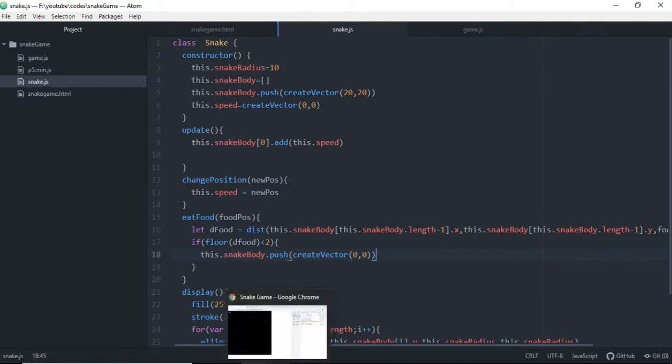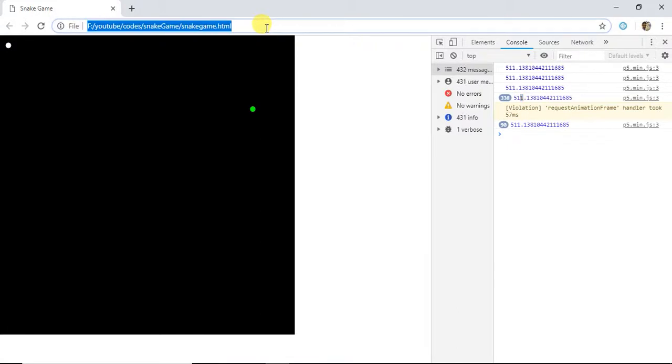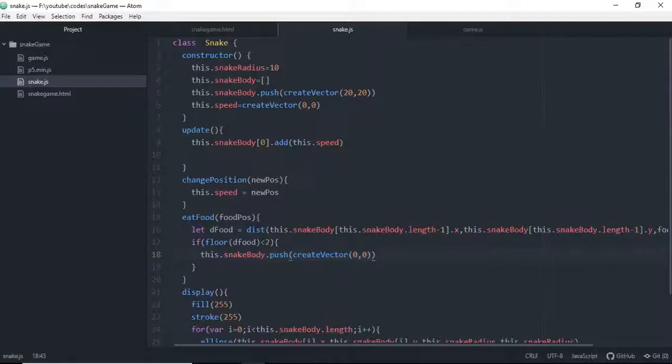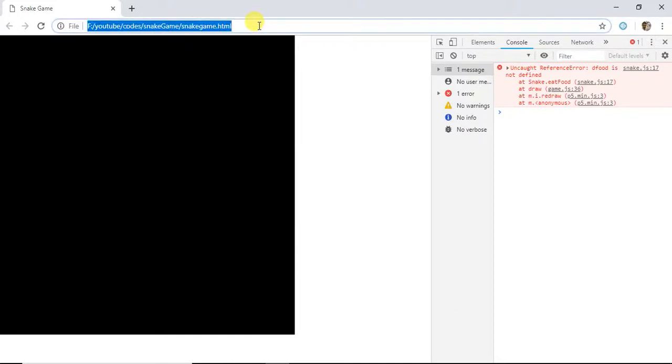Now when it eat the food, new things will be made. The food is not defined. Sorry for this. The food. If it add, it should point to me in the position of,